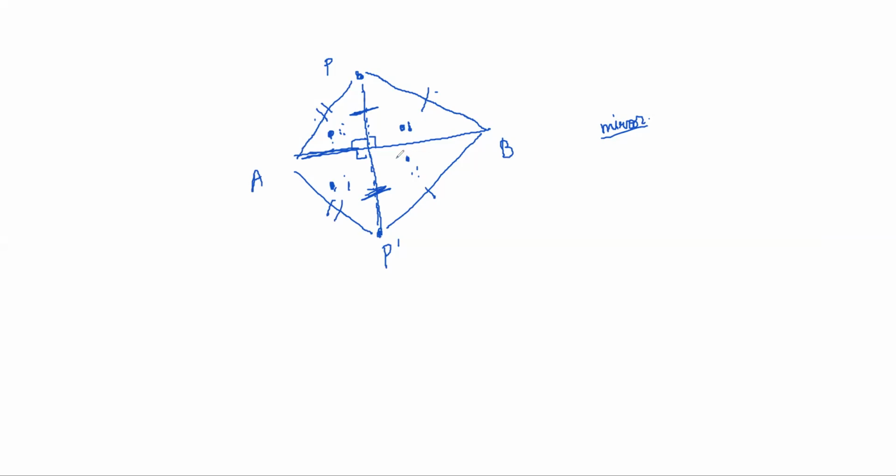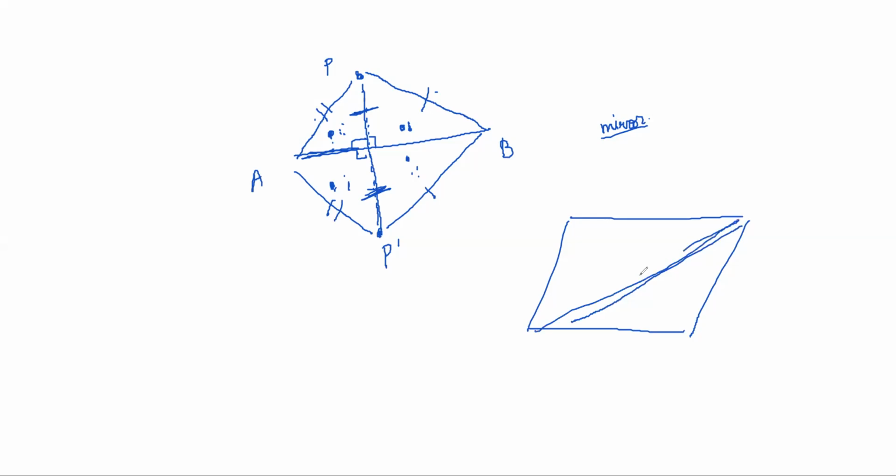Okay. The fourth one was that parallelogram thing. Yes. If there is a parallelogram ABCD, just draw a diagonal. You have to prove that opposite sides have equal length. So if you take this triangle and this triangle, this line is parallel to this line, so this angle is the same as this angle, right?